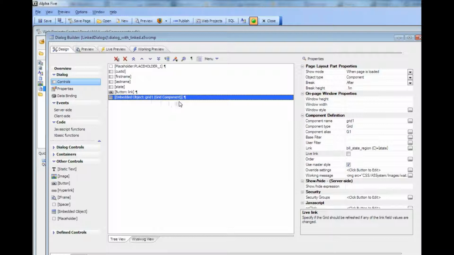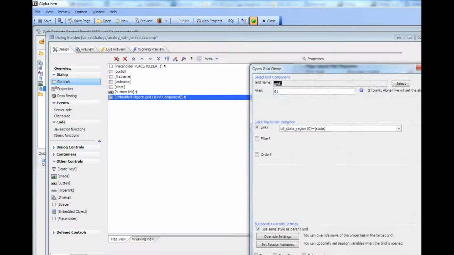And then you can see here that there's a property here called live link, and you can see that it says specify if the grid should be refreshed if any link values are changed. But this live link button only is displayed if two conditions are met. First of all, you need the feature pack, the live link for Dialog component feature pack, but also the link